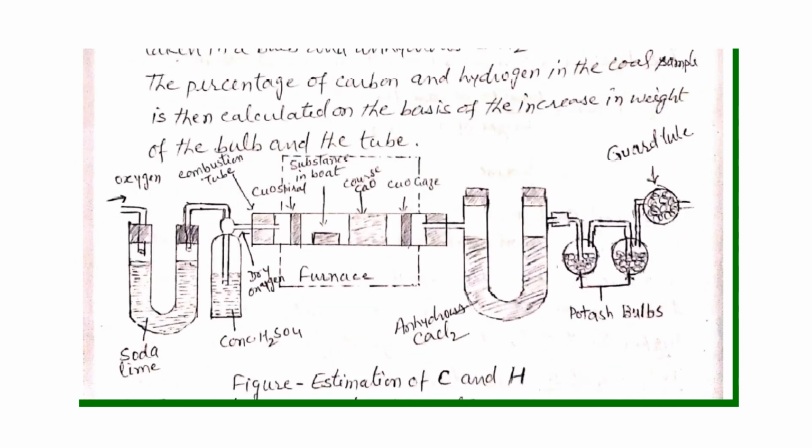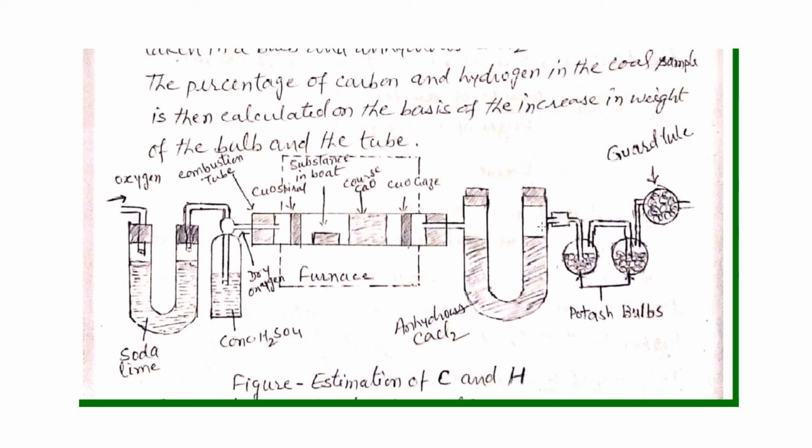In the start, we check the weight of this tube before starting the combustion, and we check the exact weight of these two bulbs, and then we start the combustion. On combustion, this coal sample will burn. We put this tube in a furnace at a high temperature, 700 to 800 degrees centigrade, and from this end we pass dry air. That means dry oxygen will come here, and in the presence of dry oxygen this coal will burn and release the corresponding CO2 and H2O.